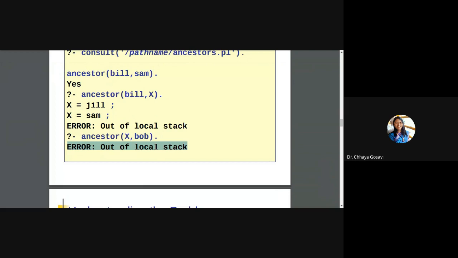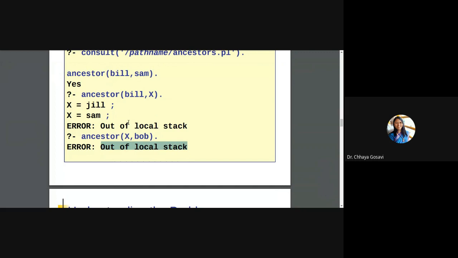When we call a recursion, we have to maintain the records for each of the executed procedures. For example, in case of recursion or factorial of 3, 2, 1, everything should be there in a stack. It is not like when you call a function, it executes and returns back and deletes that activation record. So in case of recursion, it will store all the activation records in the stack, and that's why the stack gets full. Similarly, in Prolog, when you backtrack a number of times, every intermediate result needs to be stored on a stack, and sometimes you may get an error like this, out of local stack.